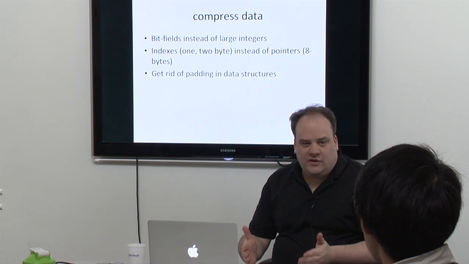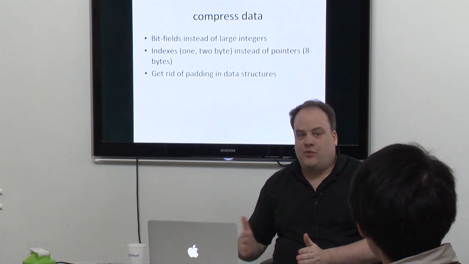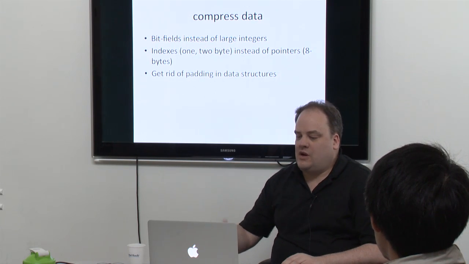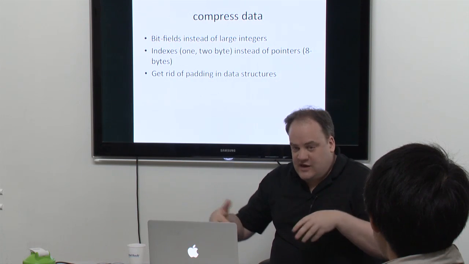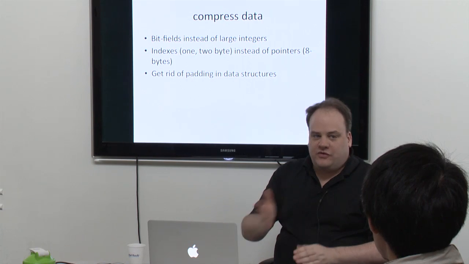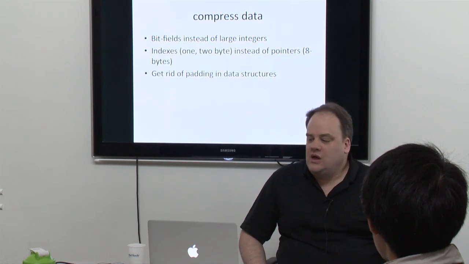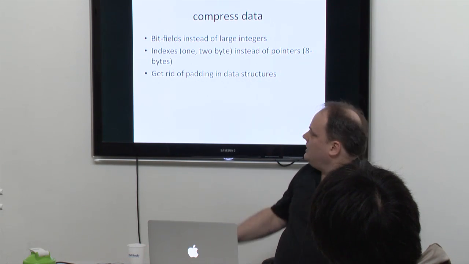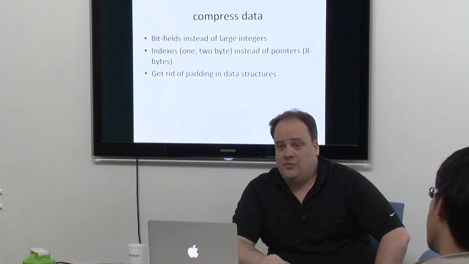The cache lines are 64 bytes on x86. Every time I go from one cache line to the next, that's a performance issue because it might not be there, it might conflict, it might toss something else out of memory. It might have conflict when there are two threads accessing the same cache line at the same time. They're conflicting, bouncing the cache line between the two threads, even though they're not actually accessing the same variable within the cache line. So you want to arrange your data structures on a per cache line basis, so you want to play with bit fields and stuff. Playing with bit fields is actually very, very cheap on x86.